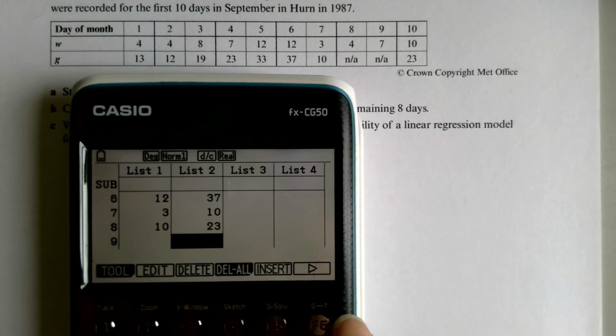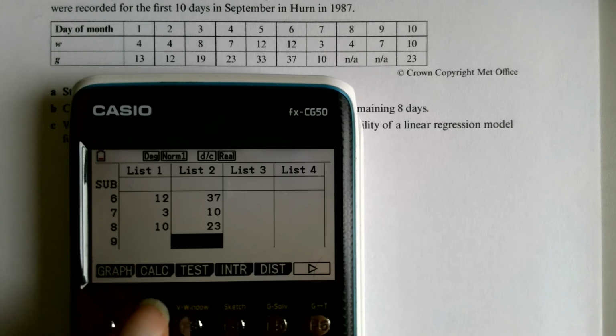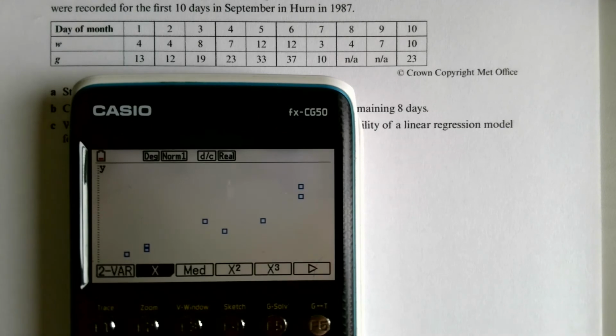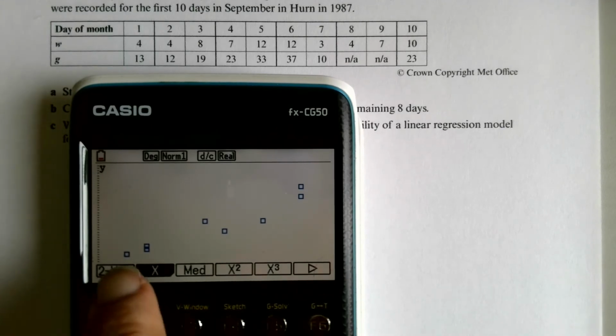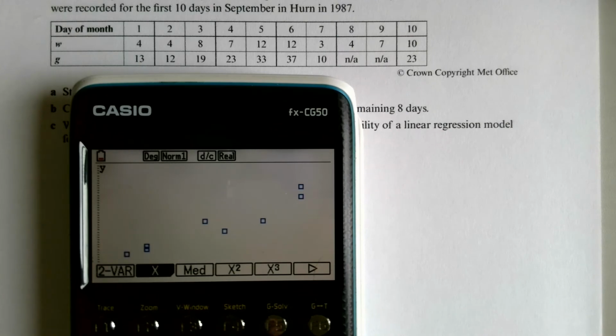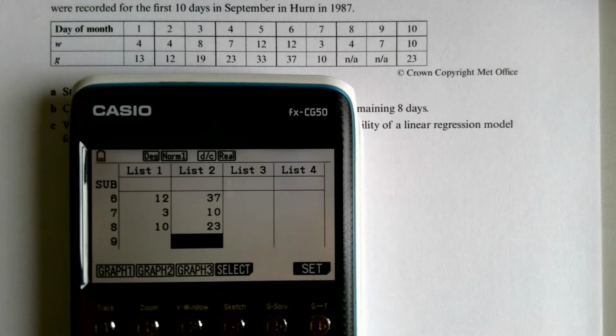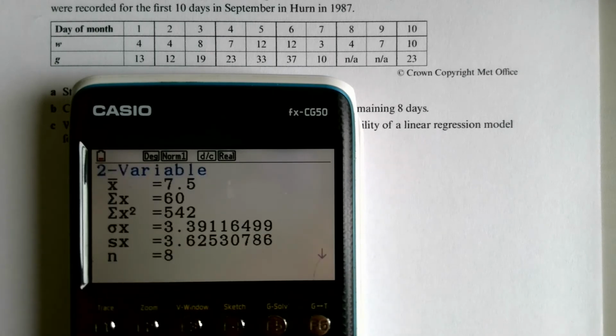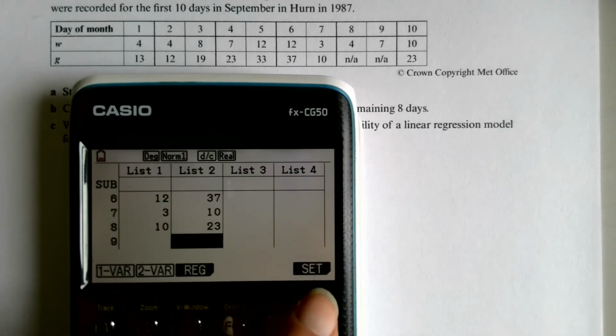So now that we've put all of that in there, if I get myself to where it says graph, if you hit graph and any one of these 3 graphs, you can set them up beforehand, but don't worry about that. That just shows what your scatter graph would look like if you'd been asked to plot a scatter graph. Anyway, we haven't, so we're going to go on to calculate, and you want to just check that your 2 var is looking right. So if we go on to set,